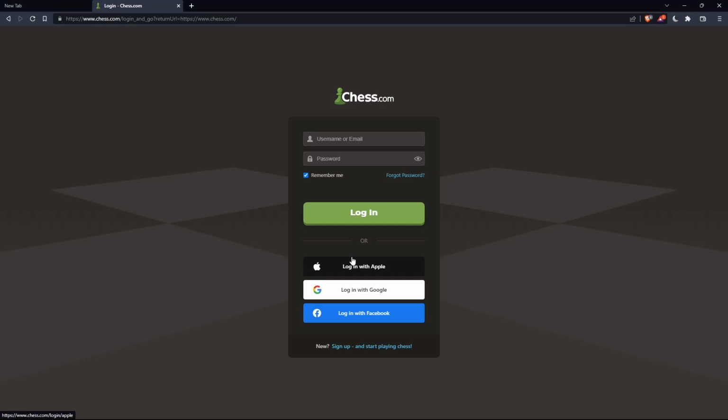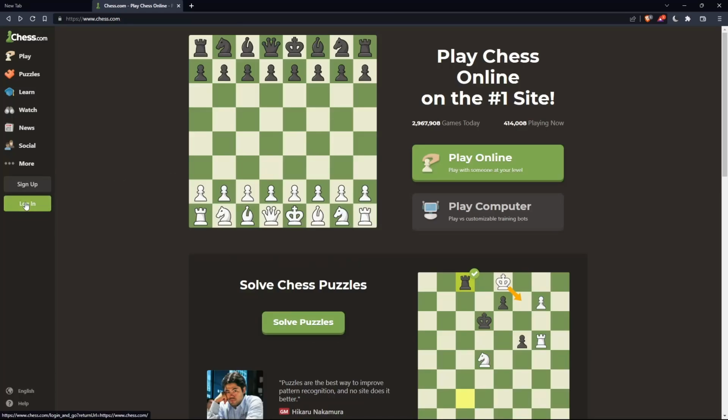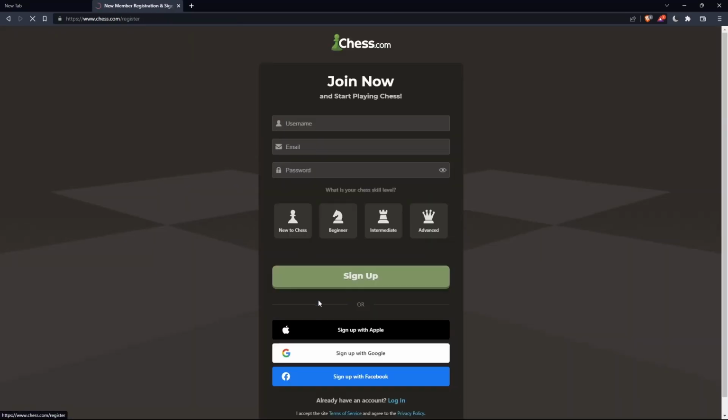Or if you don't have an account, you can simply go and click on sign up from here or sign up from here. Both will take you to this page. And here, of course, you'll just have to choose a username, enter an email and password, and simply click sign up. You can even choose your chess skill level: new to chess, beginner, intermediate, or advanced. And also, you can sign up with Apple, Google, or Facebook, like login, if you don't want to go through all the boring steps of